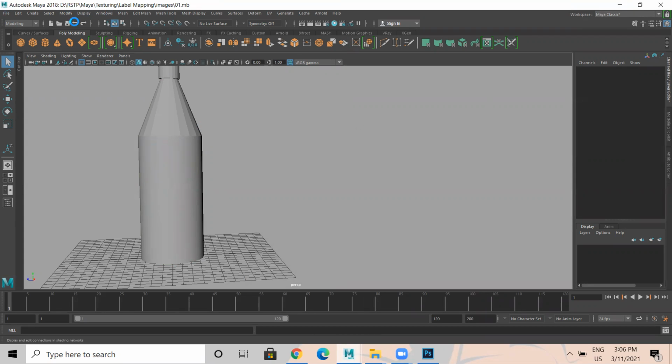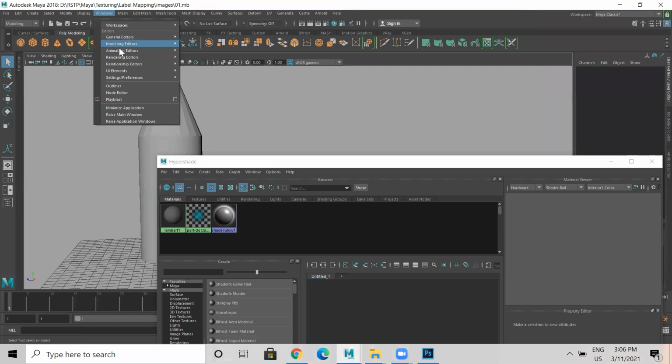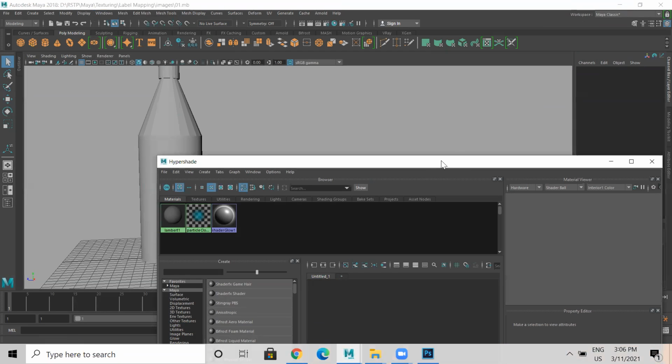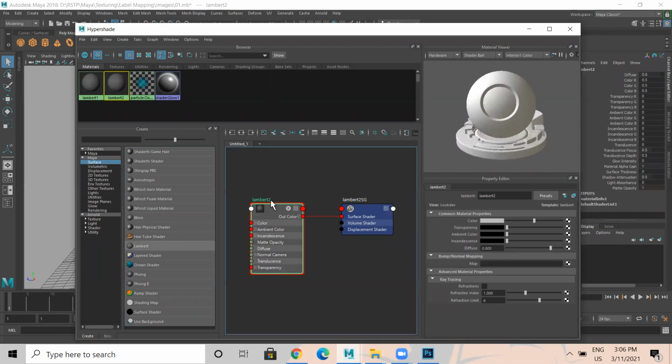You have Hypershade here, also in Window, the Rendering Editors, Hypershade. Go to Hypershade, take Maya surface, Lambert. Label is a paper material and I don't want reflection, so that's the reason I'm selecting Lambert. Double click on this Lambert, name this label.